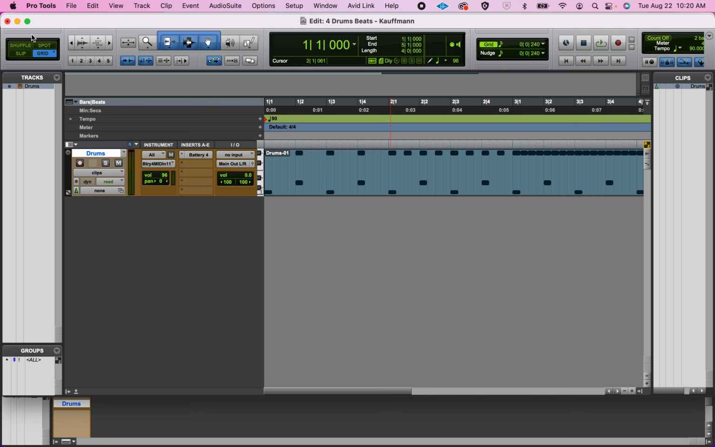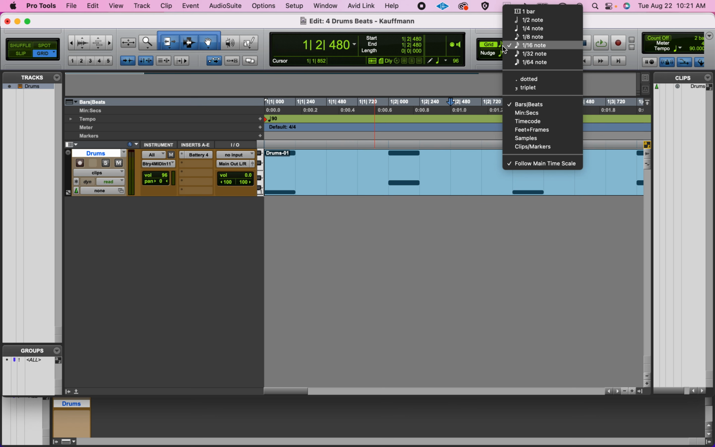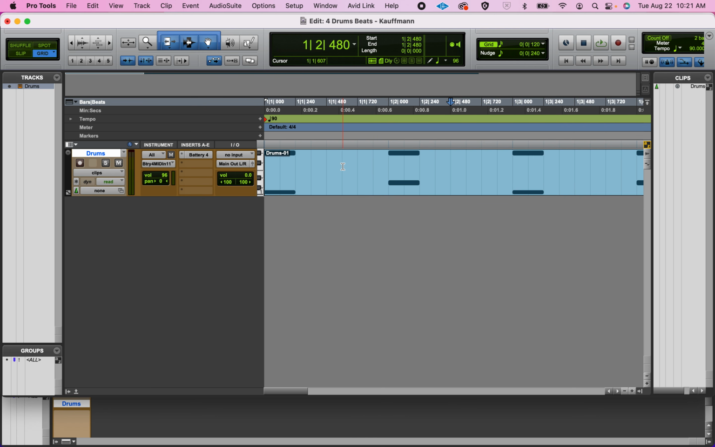Oh, let's talk about the edit modes for a second. Slip and grid. That's it. Grid. As I am going around placing my cursor with the Selector Tool, I can only place it on these grid lines, which are set to 16ths up here. I cannot get in between them. I have a couple choices. I could change my grid value to 32nds and get to the middle,